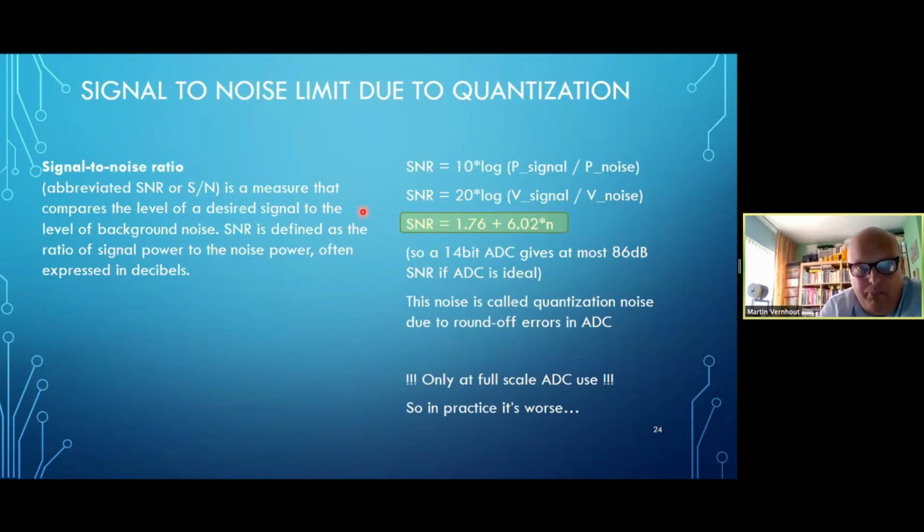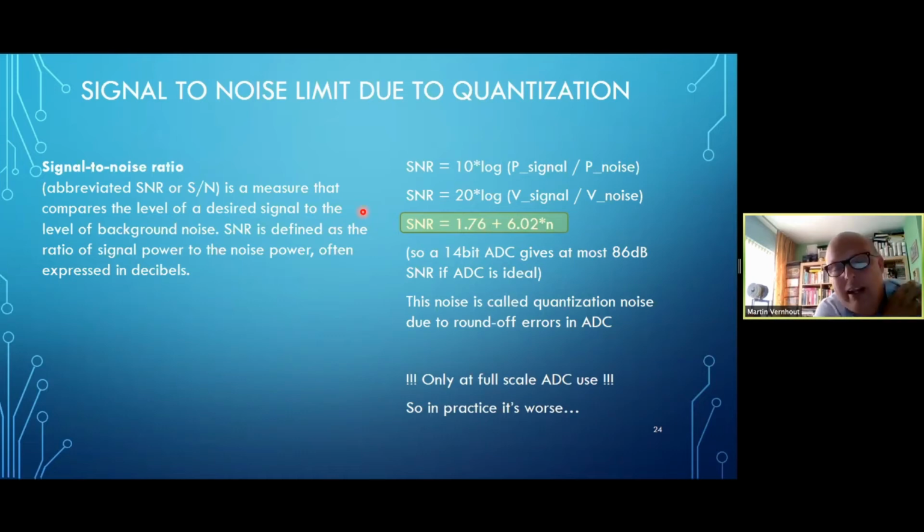All right, so we talk about signals which we are going to acquire, and for that we have signal to noise. The signal to noise basically says how much stronger your signal is than the random fluctuations which you cannot control, and all those signals are named noise. A good signal means there is no noise in the background, or it is not influencing your measurement in a very poor way.